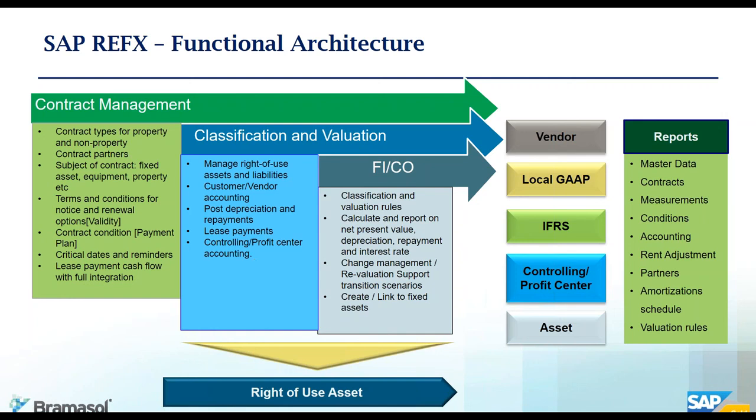Okay. Last but not the least, the biggest part of this is the right-of-use assets. Based on your accounting rules and interpretation for a company, the right of use of an asset is different. So that's a new requirement under the new regulations. You can identify what can be treated as an asset, what can be treated as an operating lease, what can be treated as a financial lease. Those are part of the standard solution. And I think Tom will talk a little bit more on each of those areas.